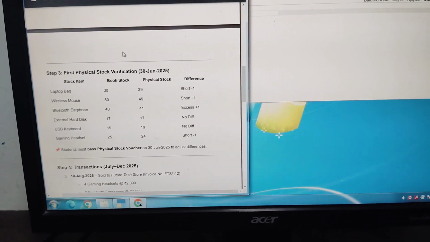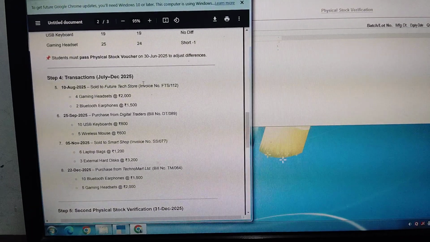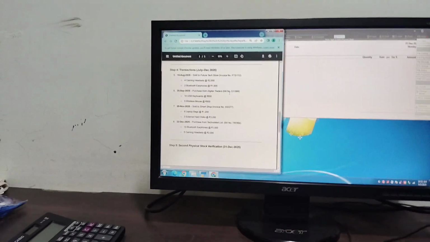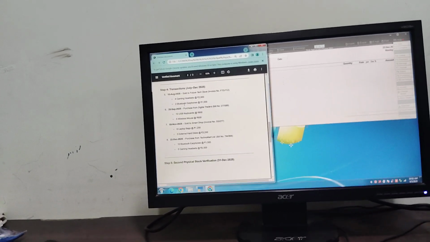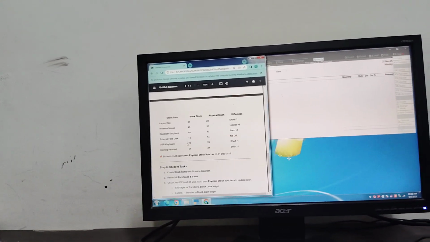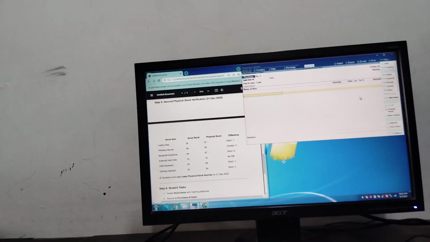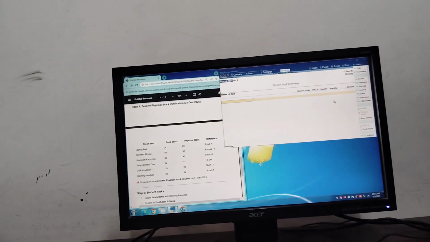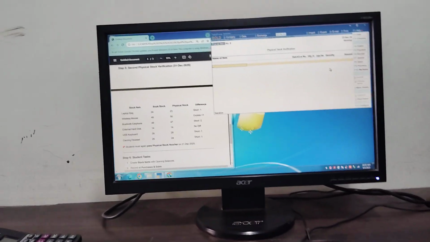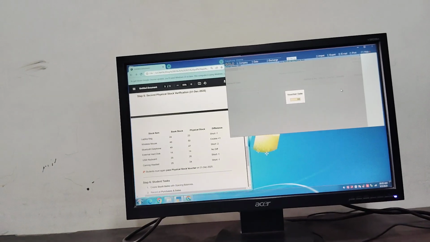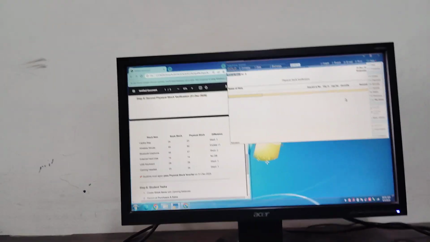Now we will do the transactions of July to December 2025. Step 4, there are 4 entries. We have done all the entries. Many of them were coming negative stock, then also we have done the entries. Now we will do the second physical stock verification on 31 December. So F10, physical stock, then F10 physical stock, we will select the date F2, 31/12, enter laptop